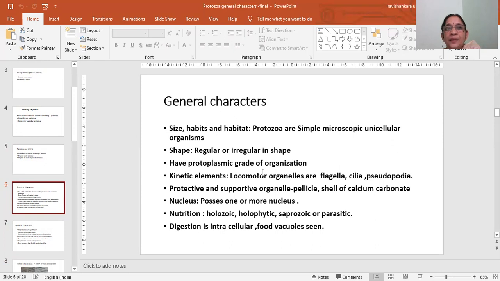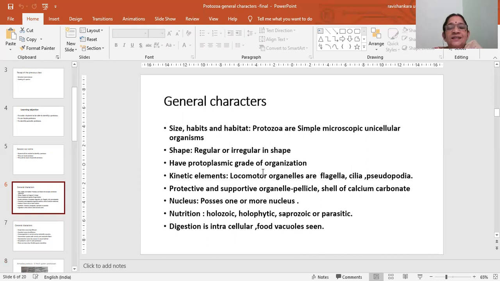You can study one by one the generalized facts of an individual, starting from its occurrence, its size, its habitat, whether it is cosmopolitan or restricted in its distribution. Such common characteristic features, and then we will deal with the shape of the animal and so on, moving from the outward to the inward, the ultrastructure and physiological functioning of the body. All this we will list in an orderly manner.